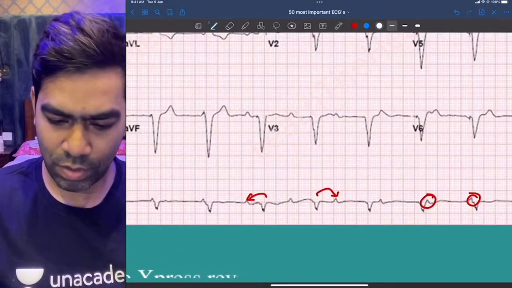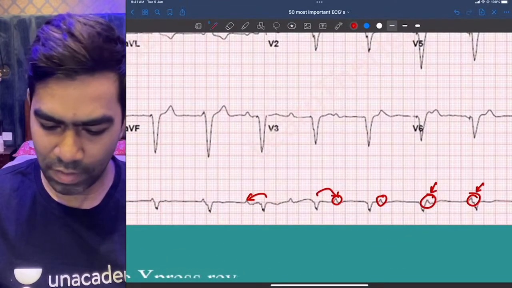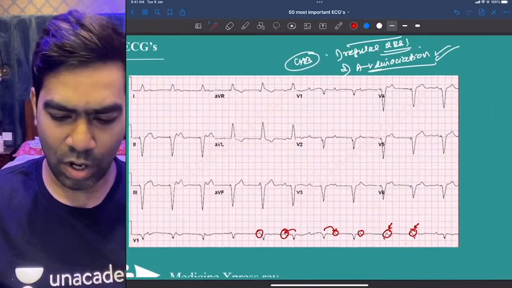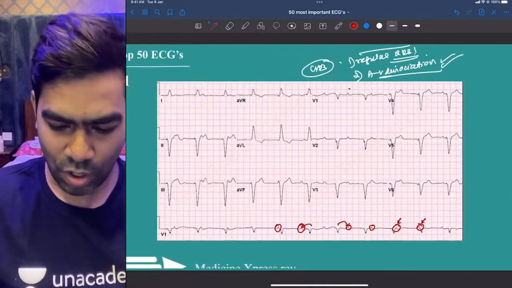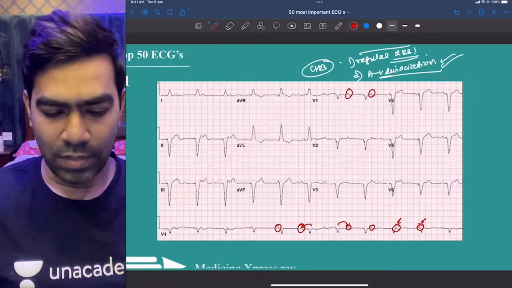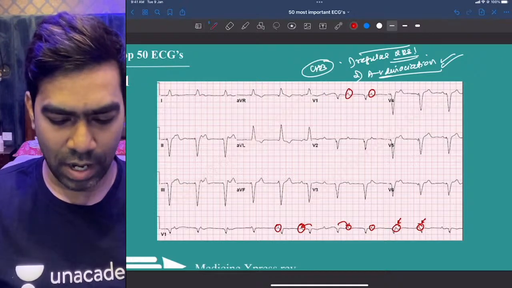There are a lot of P waves here. This is a P wave, this is a P wave, and here is a P wave. So there are a lot of P waves in this EKG. These are all P waves only. So what are you seeing here? This is very much suggestive of atrioventricular dissociation, and hence I can make a diagnosis of